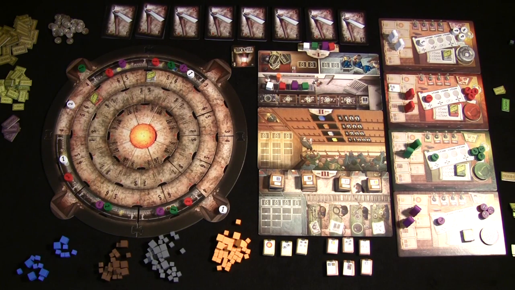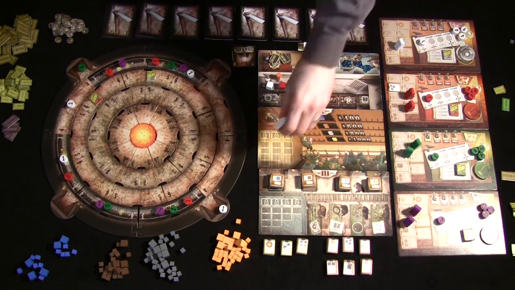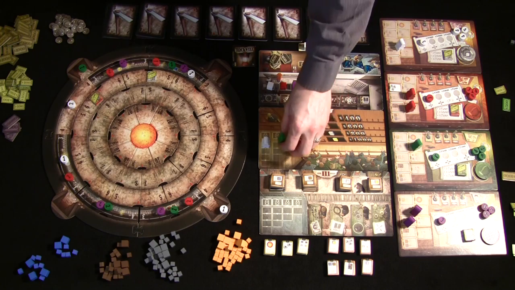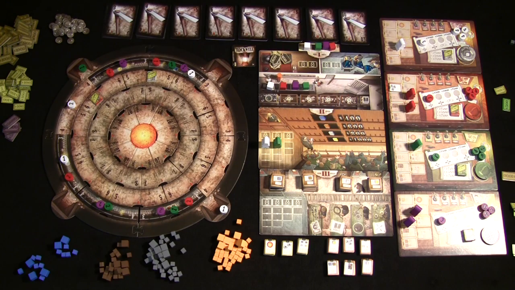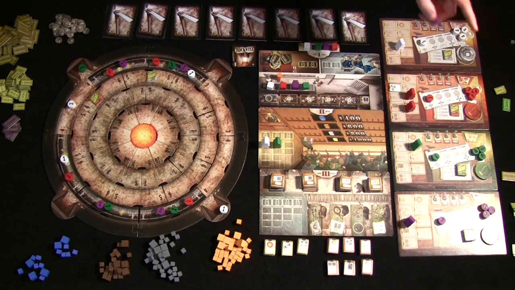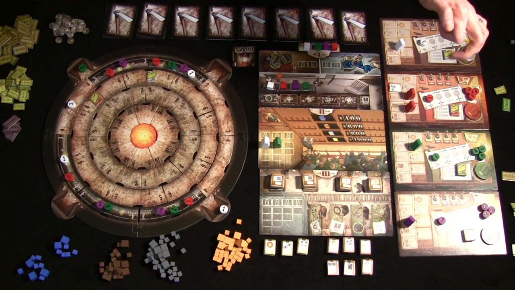Go ahead and start with the placement of the presidents. White is going to place first for the stock market. Next player to go is going to be the green player, so green is going to take their president. They're also going to need some funds, so they're going to put their green on the stock market. Move on to the purple player, who also looks at their finances